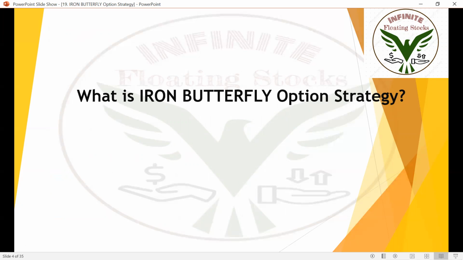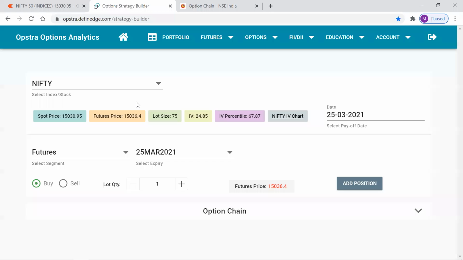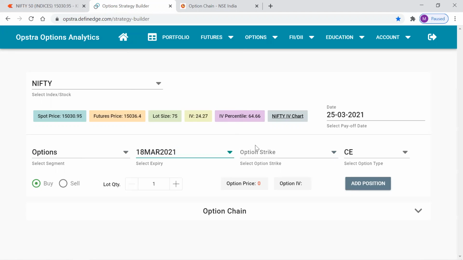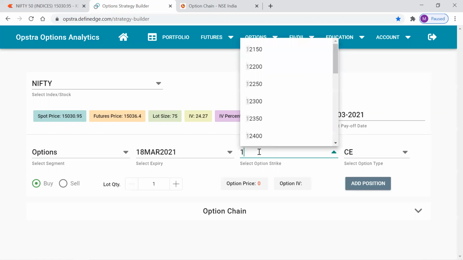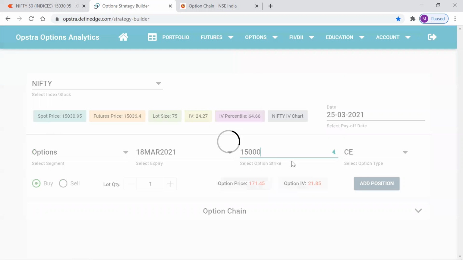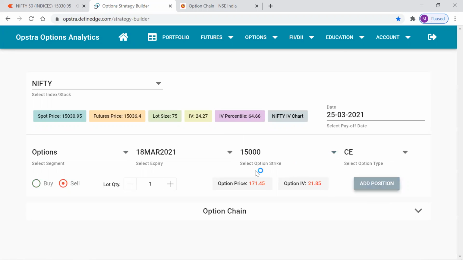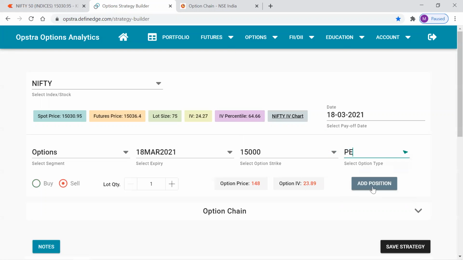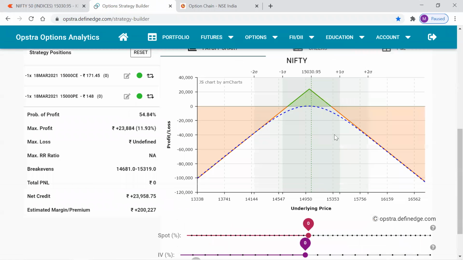Pretty simple. Let me explain to you about straddle first. So what is straddle? What is short straddle? You guys already know what is short straddle. It's pretty simple. In short straddle, what we generally do, we sell at the money call option and at the money put option. So what is at the money? It's 15,000 here. So I'm selling call option and also put option. So this is straddle.